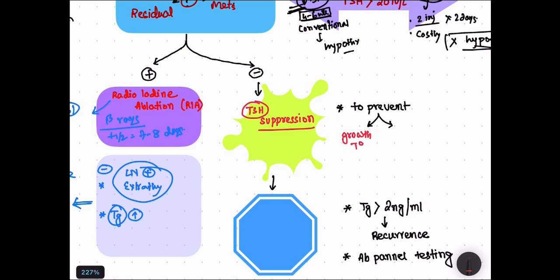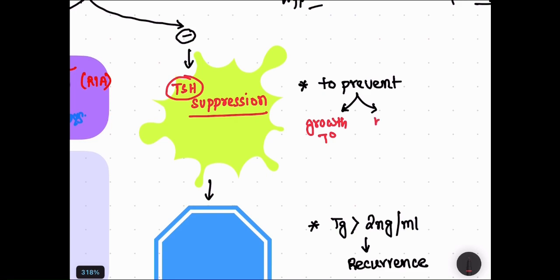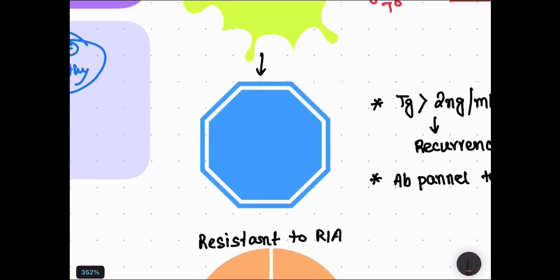To prevent that, we are doing TSH suppression, and this TSH suppression can lead to hypothyroidism. Okay, that's why we are suppressing this TSH by giving thyroxine. So it is to prevent the hypothyroidism. And then we have to follow the patient. Follow up of the patient is done using two things. One is we'll be doing USG neck at 6 months interval, and next thing we will be assessing is the